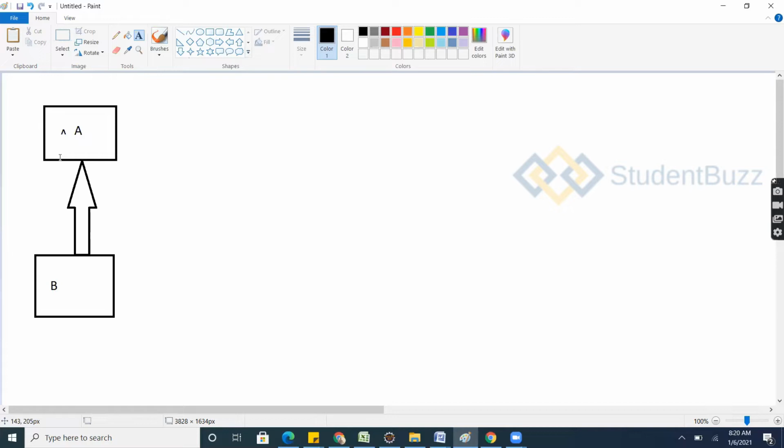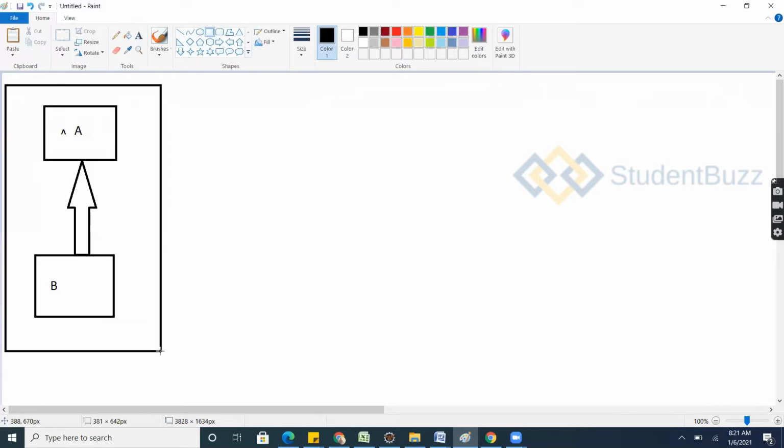There are two classes, A and B. If you are extending A into this B, don't worry about what extending is. Extends is a keyword, I'll tell you, and we call this single inheritance. It is single inheritance because only two classes have the relation. We have only two classes, one is parent and another one is child. A base class or child class, or parent class or child class, whatever you may call it.